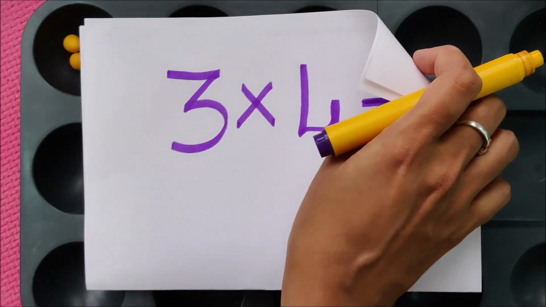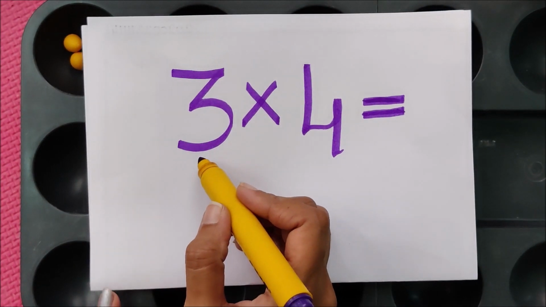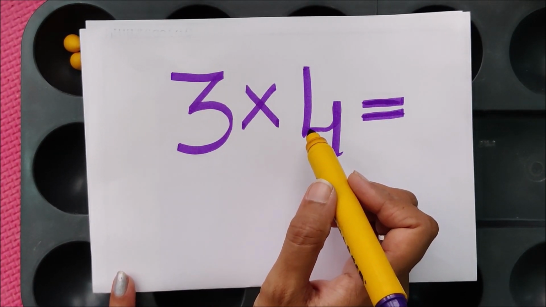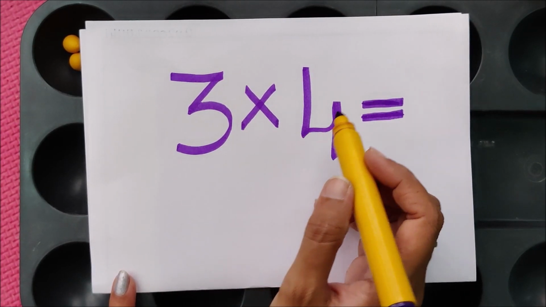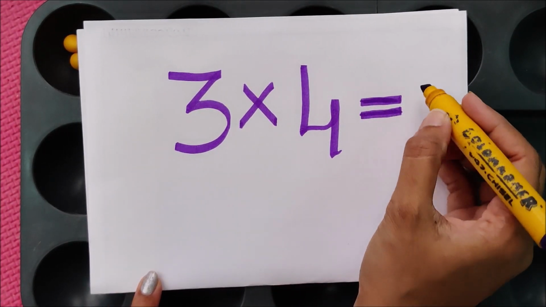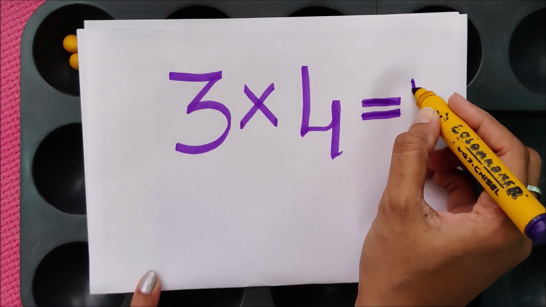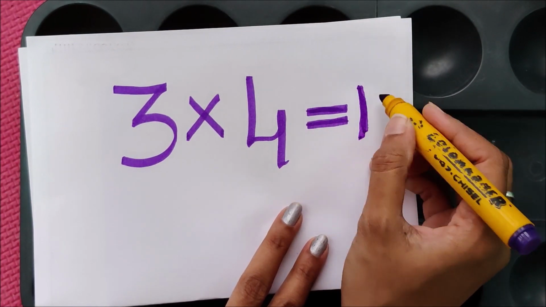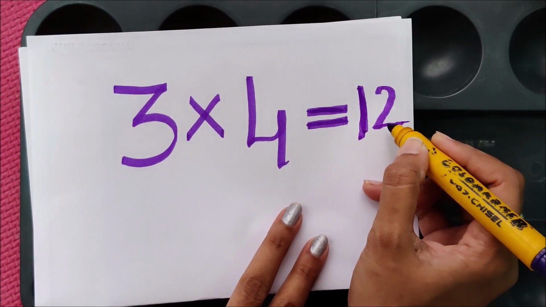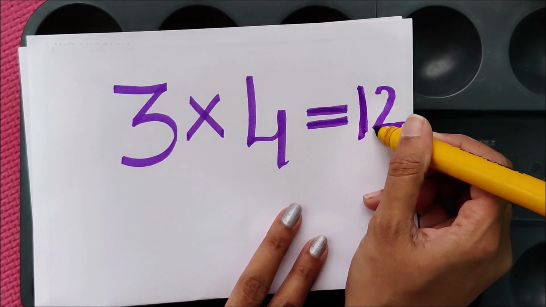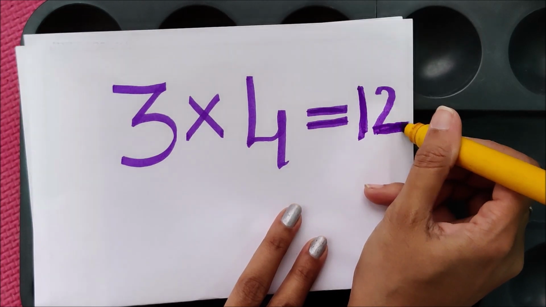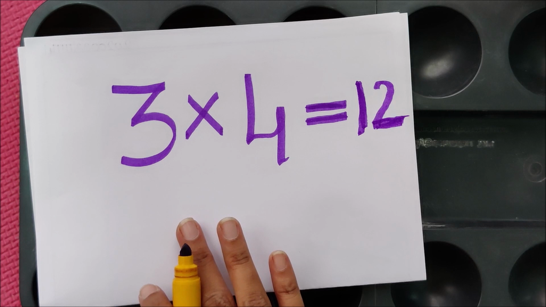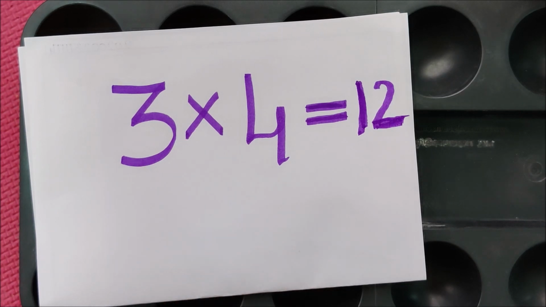So how many holes have we used here? 3 holes. In each hole how many beads are there? 4 beads, isn't it? So 3 4s are 12. This is the easiest multiplication you have to do. So 3 4s are 12. You can easily find out without adding each bead. Like this you can add the numbers. Okay, fine, children. Shall we do it once again for another number? Yes.